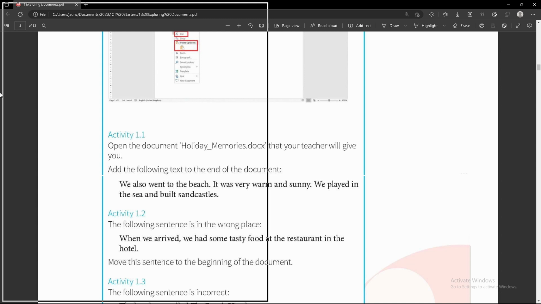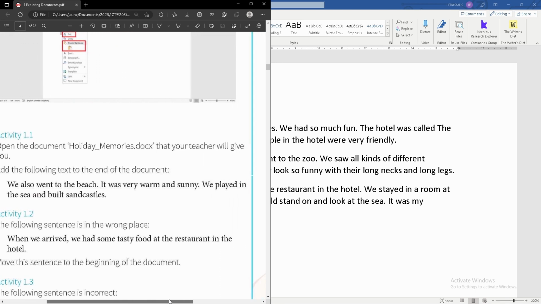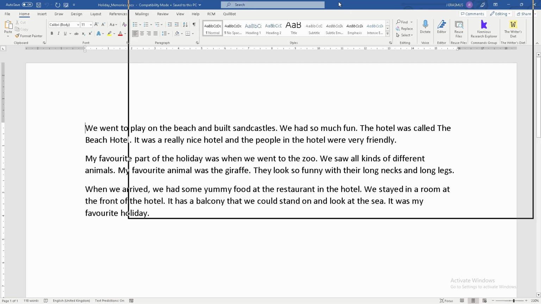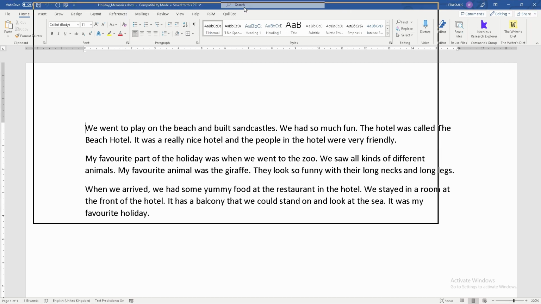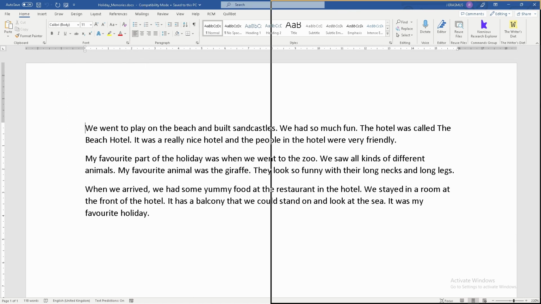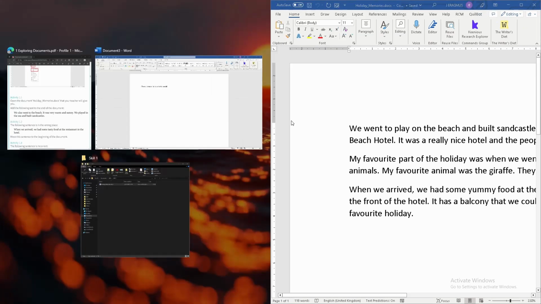So it snaps in exactly half of the screen. You let go of your mouse, and now we have this textbook on this side, and on the Word document, same thing at the very top. Just don't click inside of that search bar. If yours doesn't have one, that's fine. Just click on that bar over there, and then you'll see if I make this one snap to the right, then